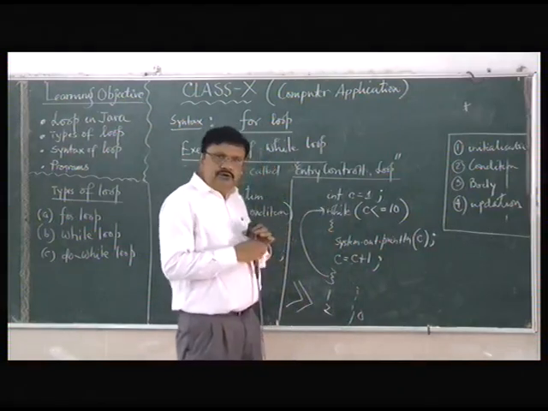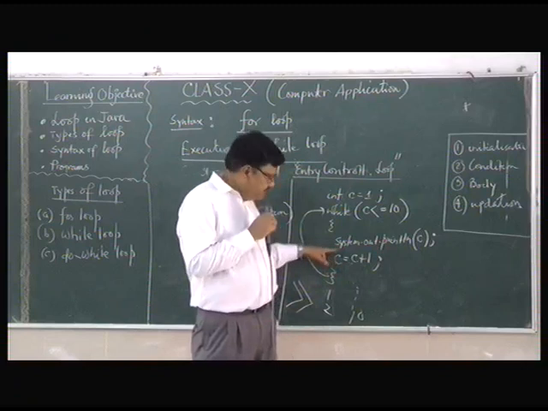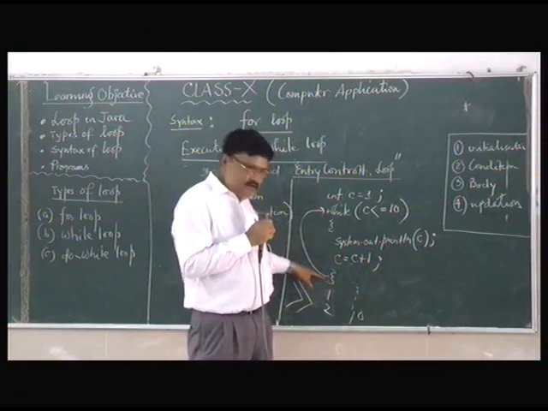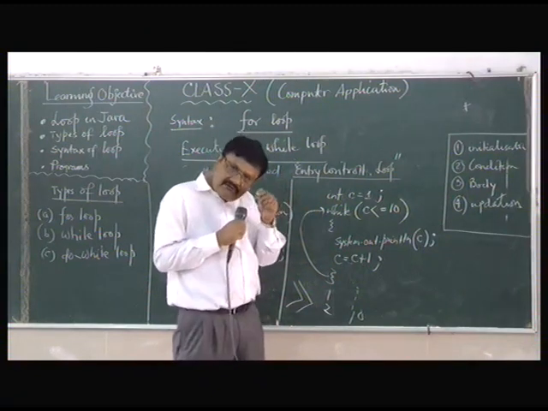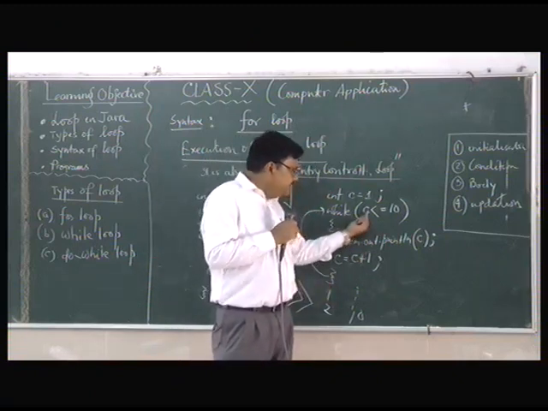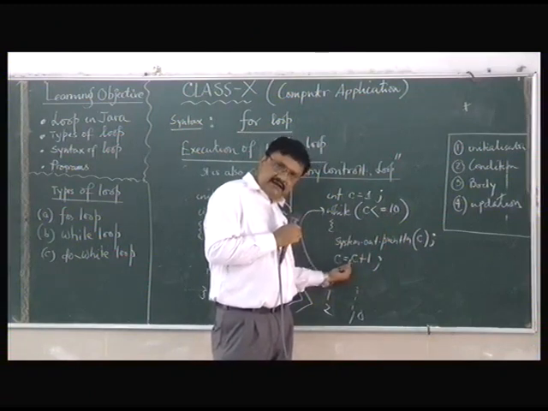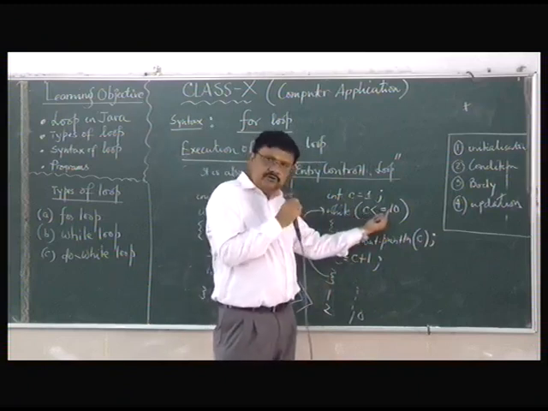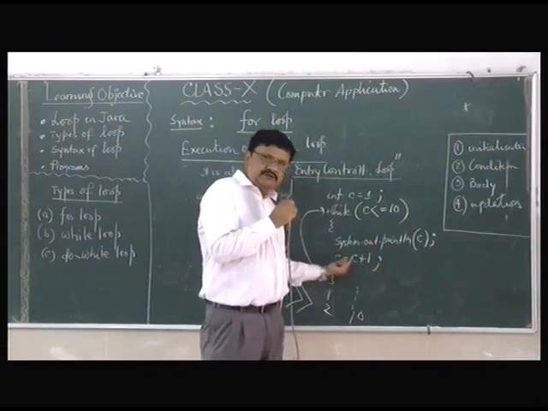Because 1 to 10. After it prints 10, suppose this value 10 is printed. Now what is the C value becomes now? 11. Coming here, now it is going here, see this. What is C value now? C value is now 11. When C value is 9, 9 is less than 10. So 9 is printed. So 9 becomes now 10. Alright, so again it is going, 10 is less than equal to 10. So it is true. So it is coming, 10 is printed. Now 10 becomes what? 11.